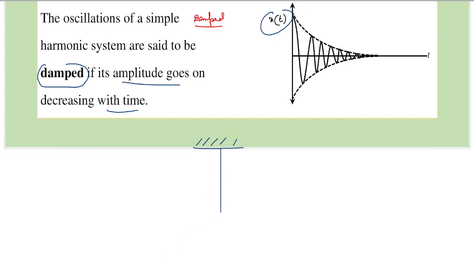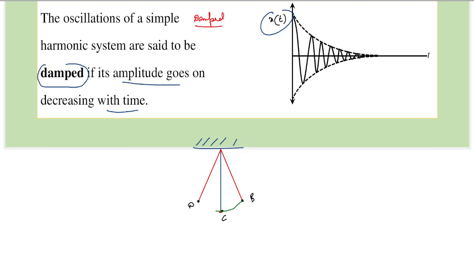If the pendulum is pulled to some extreme end, for example towards here, and let to oscillate, then the pendulum will go to the other extreme end. Let's call this point B, this point C, and this point D. Now once we pull from point B and leave it, the pendulum would go towards point D.